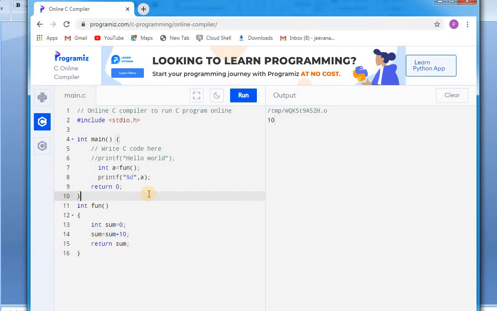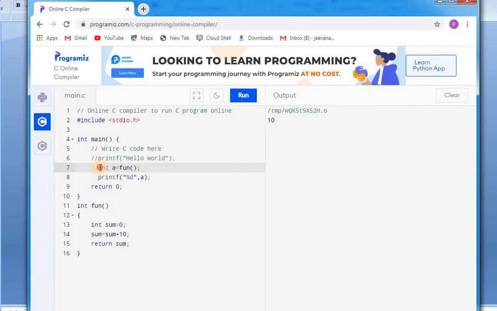If you execute this once and want to print the value 10, you can write this code and print it normally. But if I want to print the sum n number of times, then I use the functions concept. That is, you may call this function n number of times.